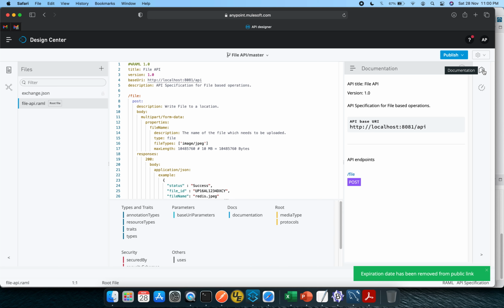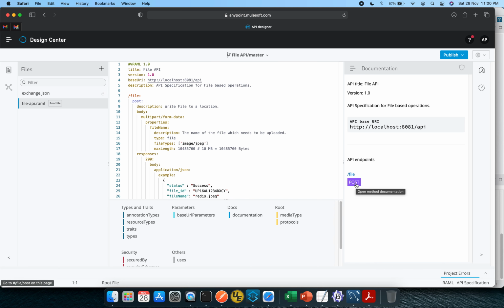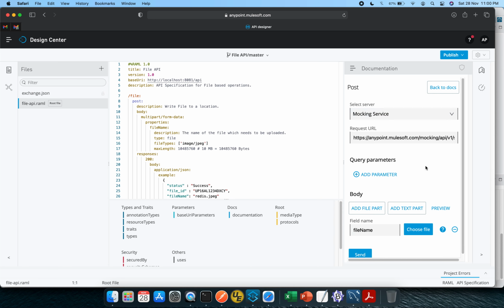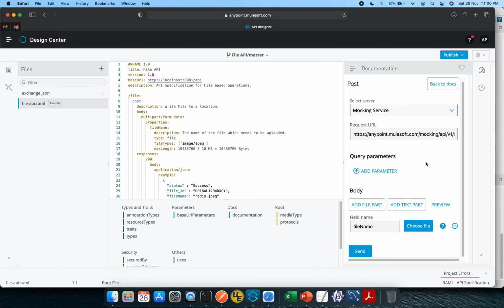Going back to the documentation and to this post method, I click try it and select server. It gives two options, either mocking or your local base URI. Selecting the mocking service here, it asks me to put the field name, that is the file name basically.